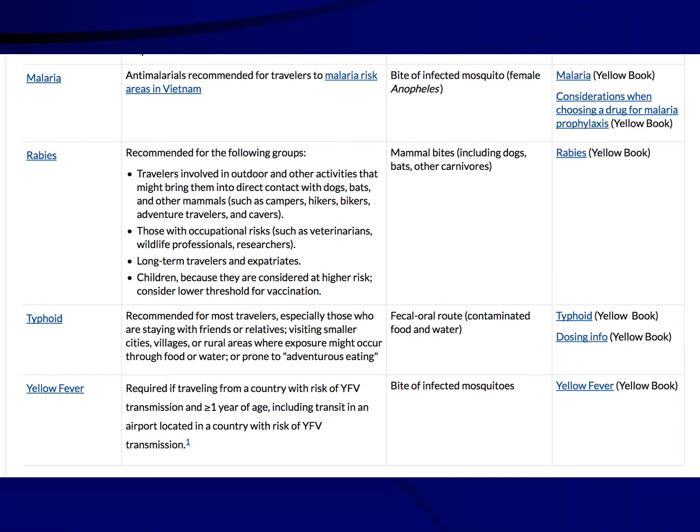Typhoid may be recommended. Again, you do the same thing. It says it's recommended for most travelers, especially those who are staying with friends or relatives, visiting smaller city villages or rural areas where exposure might occur through food or water, or those persons who are prone to adventurous eating. So again, if you want more information, you click the link to the yellow book to find out more specifics